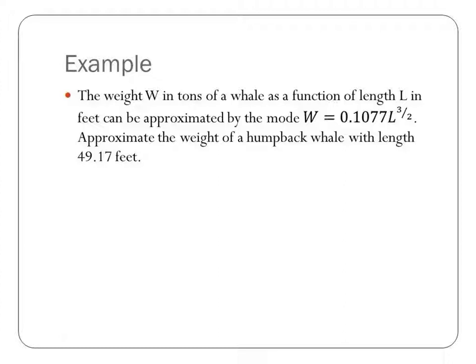All right, into some word problems. The weight W in tons of a whale as a function of length in feet can be approximated by the model W equals 0.1077 L to the 3/2 power. Approximate the weight of a humpback whale with length 49.17 feet. Well, if it's giving us the length and we're looking for the weight, all we're going to do is put that in,